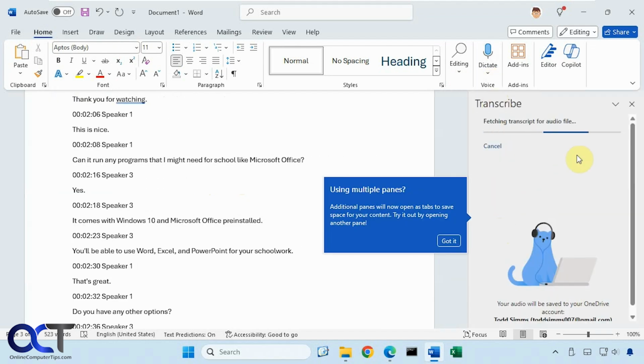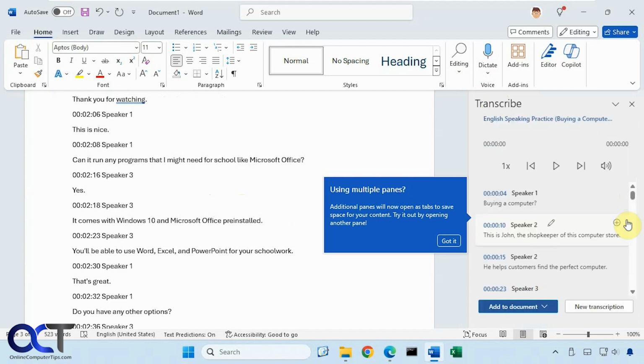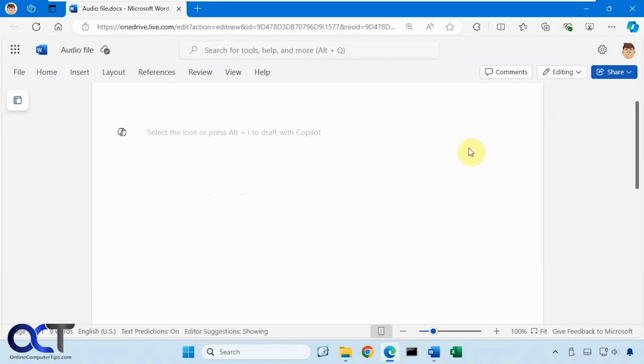So once again, go to the Home tab, go to the Voice section, change this to Transcribe, like so. And then you could upload your file or do it from your microphone and then see how it works out for you. And then like I said, you could do the same thing